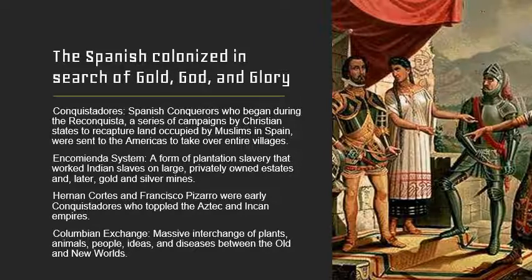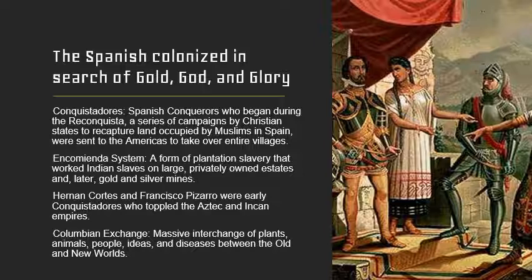So once Columbus brings his men over, the Spanish are going to start colonizing, and they start colonizing in search of what we call the 3 G's: gold, God, and glory. So you're trying to get money. You're trying to spread Catholicism, because with the whole rupture between the Catholics and the Protestants, the Catholic Church's power is kind of waning, and they want to build their power base up again, and glory for your country.